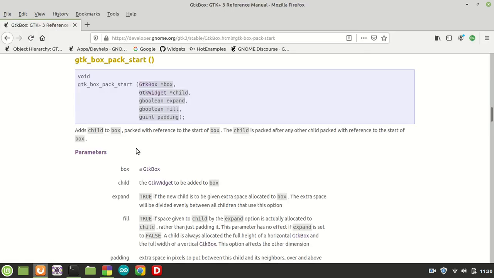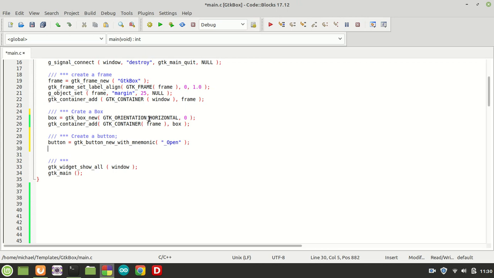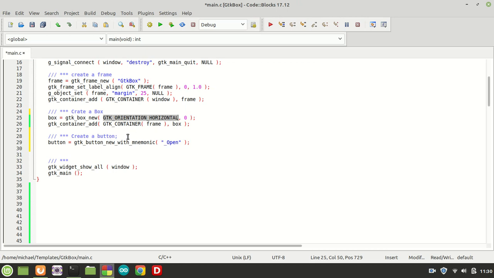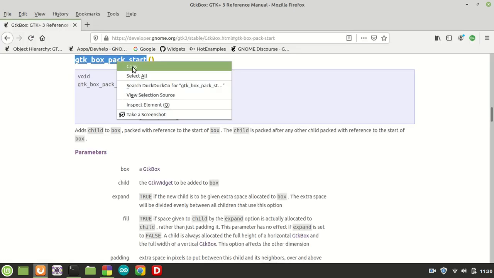And of course, now because we have the button, we can call this function. This function, gtk_box_pack_start, adds a child to the box, packed with reference to the start of the box, which means the child is packed after any other child packed with reference to the start of the box. Because we decided to have a horizontal box, when we call this function we are packing the widgets from left to right, because it is horizontal packing. So this means when we call this function right now, right here,